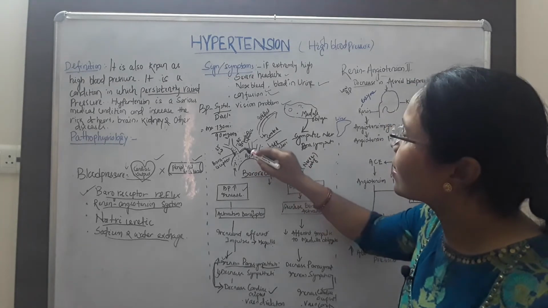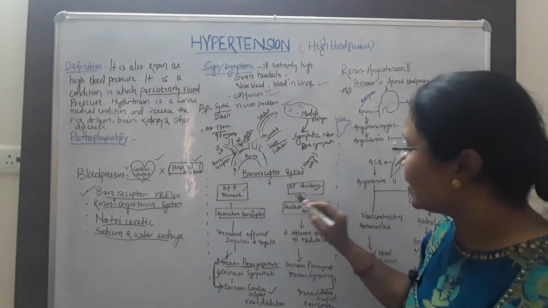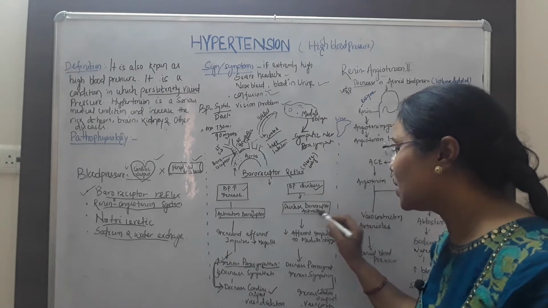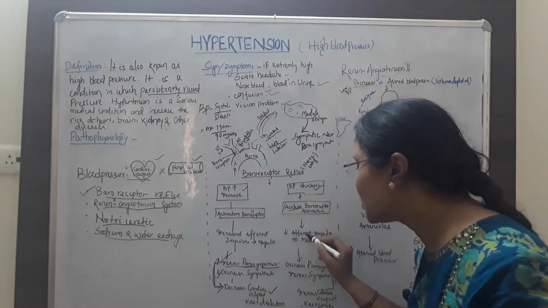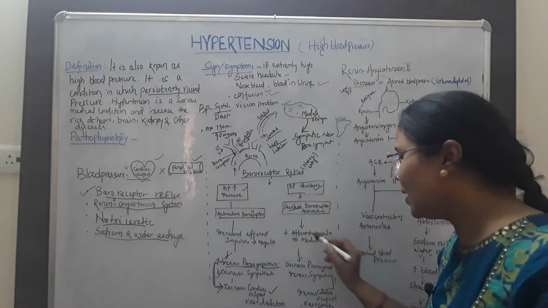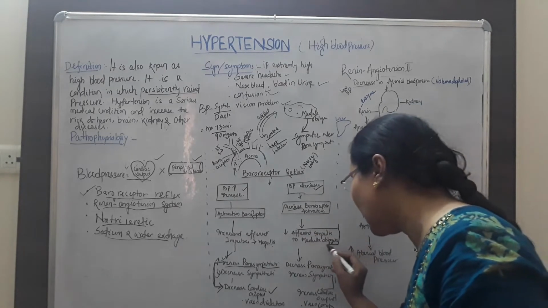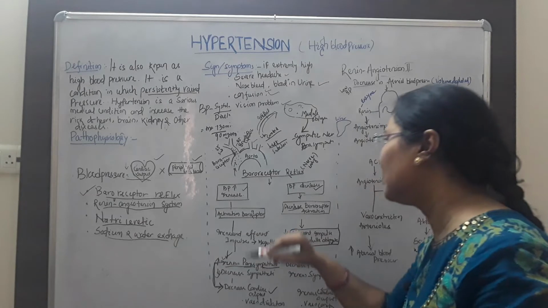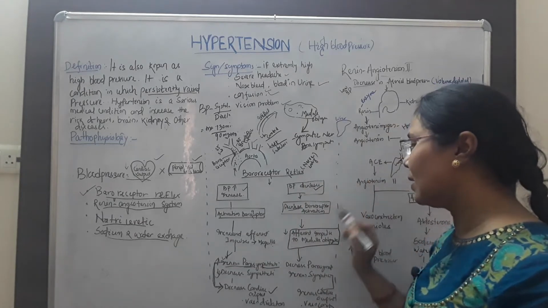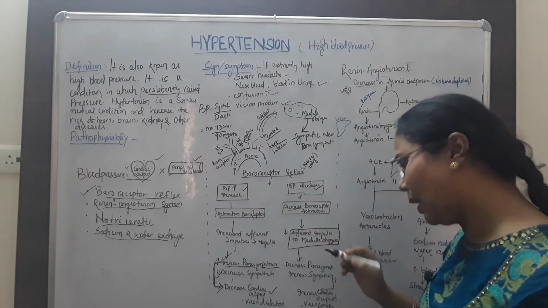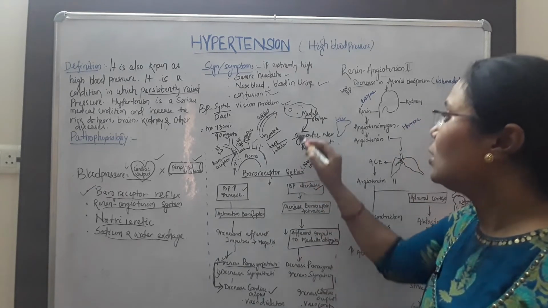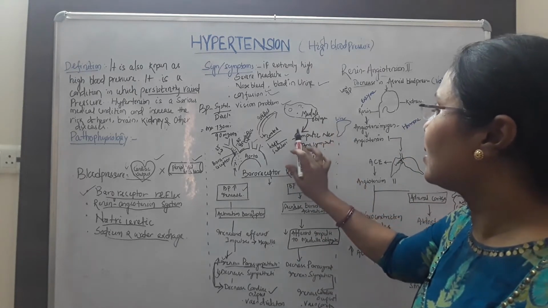Similarly, it gives impulses to the brain. Here, the baroreceptor activation decreases. That leads to a decrease in afferent impulses to the medulla oblongata. The impulses that carry to the brain are called afferent impulses, and these decrease. What happens then? The medulla oblongata activates